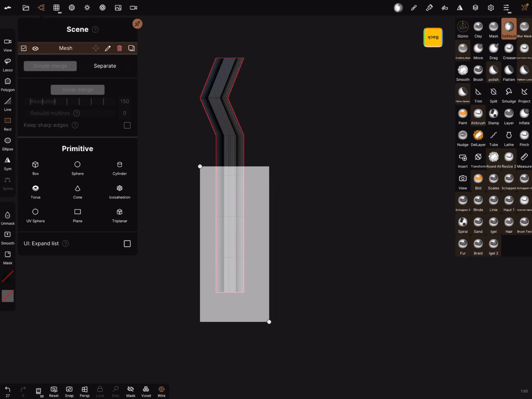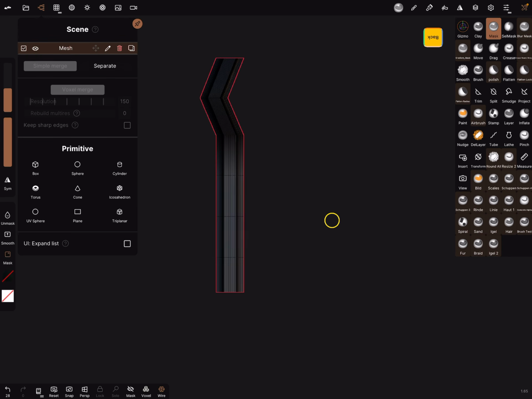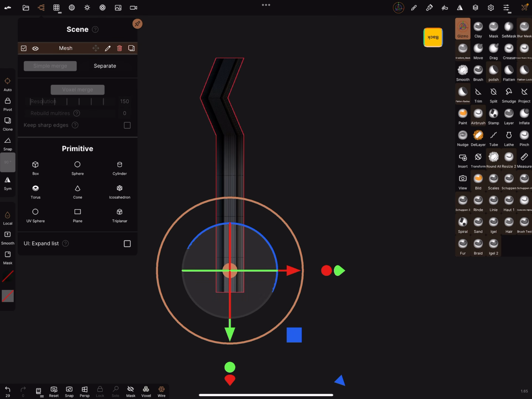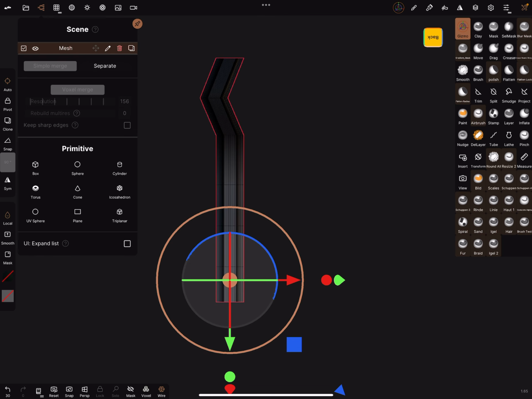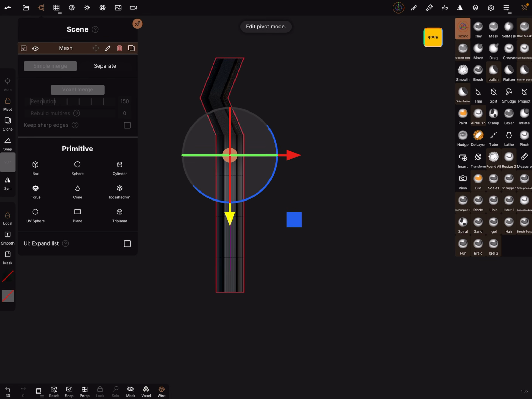You can mask it like this and hold the mask button and tap on the screen. And now you can use the gizmo again. You can adjust the gizmo when you press pivot on the left side. And now you turn off the pivot.